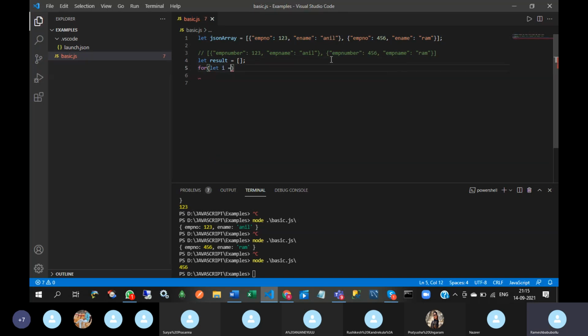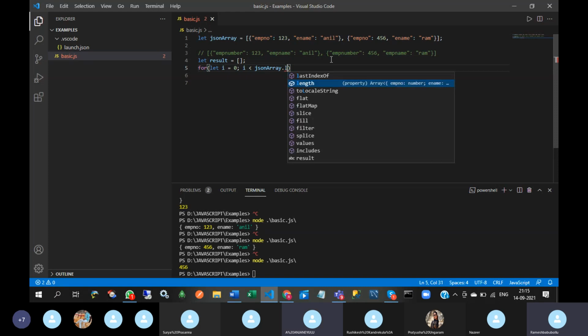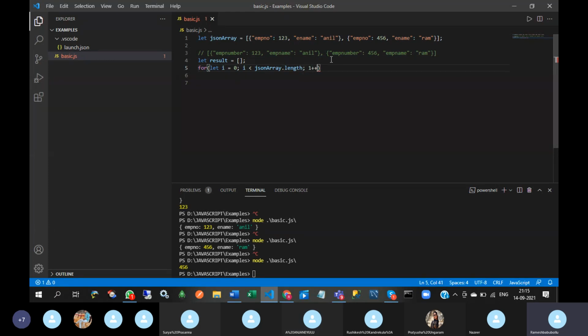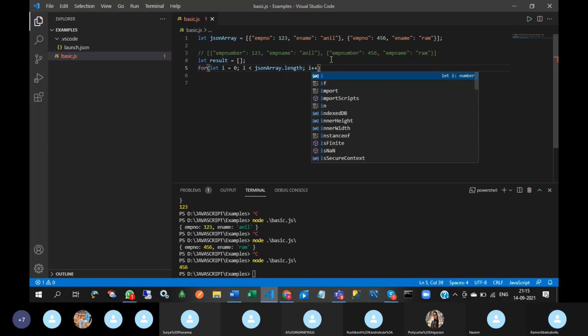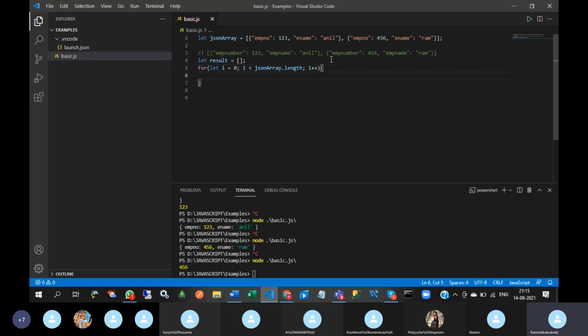Let i equal to 0, i less than JSON array dot length, i plus plus. Now I'm going to consider one object.